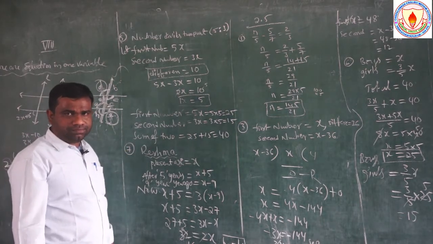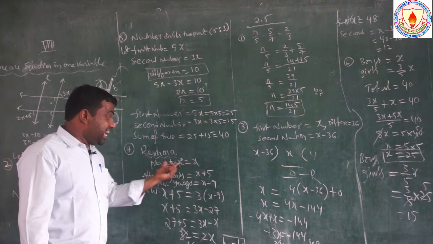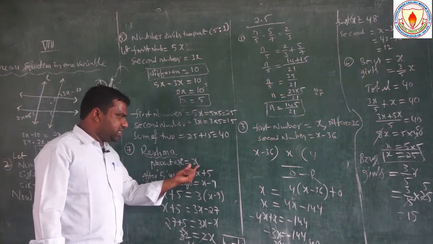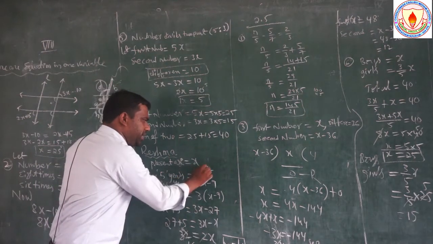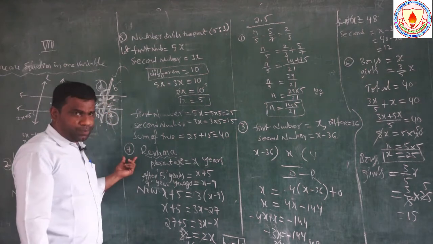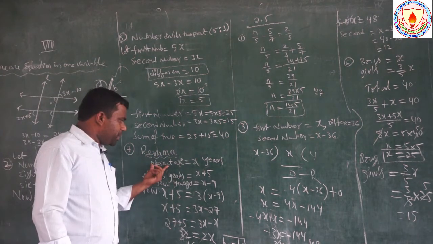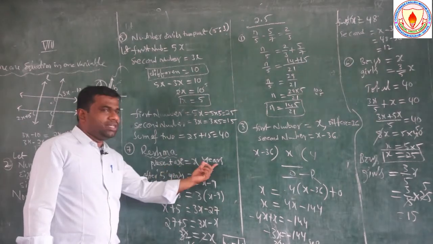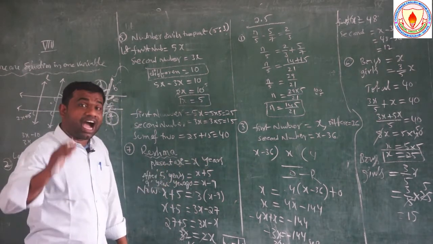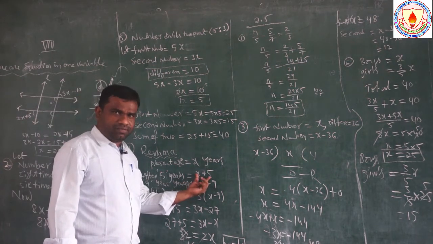Rashma is a girl. We don't know her age, so think of her present age now as x years. We don't know it because there is no information in the textbook for the seventh problem. So the present age of Rashma is x years. Next, after 5 years means x plus 5.